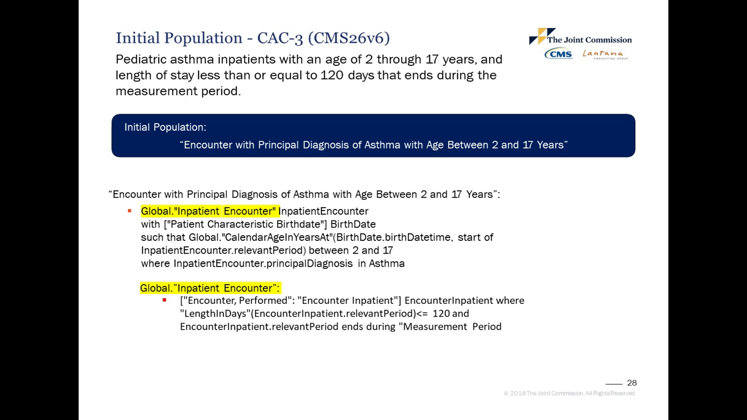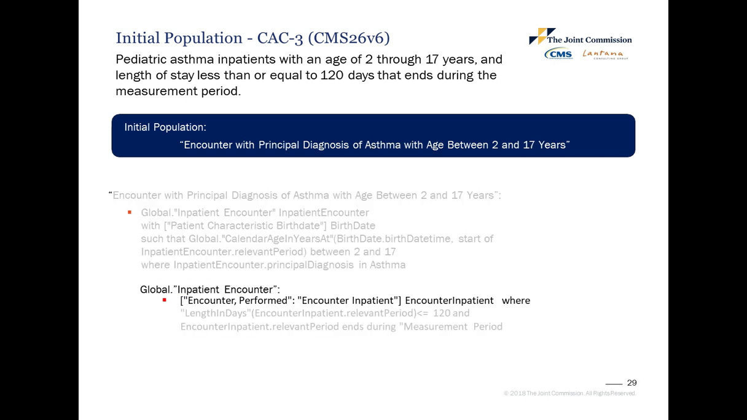Now on slide 28, let's dive deeper into the global inpatient encounter definition. This definition can be found in the global library. 3 conditions must be met in order to be included in this definition. First, the encounter must be an inpatient encounter with one of the codes listed in the encounter inpatient value set. There are 3 codes in this value set that are described as emergency hospital admission, elective hospital admission, and just